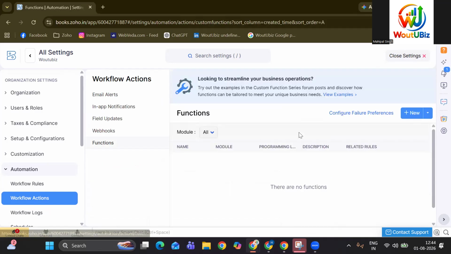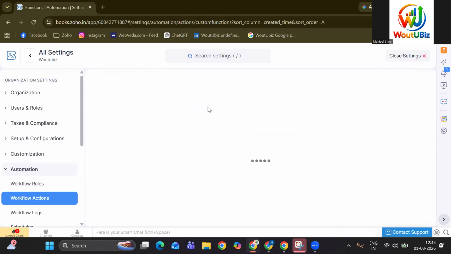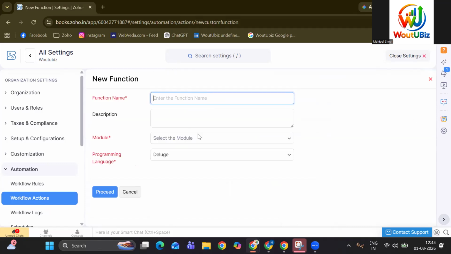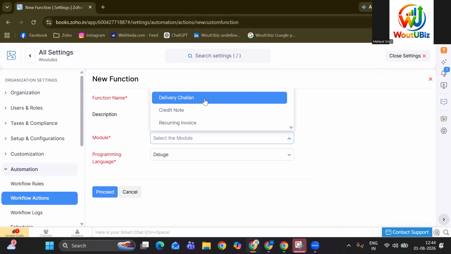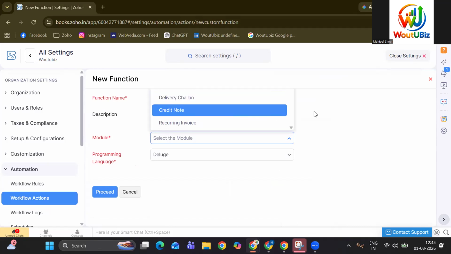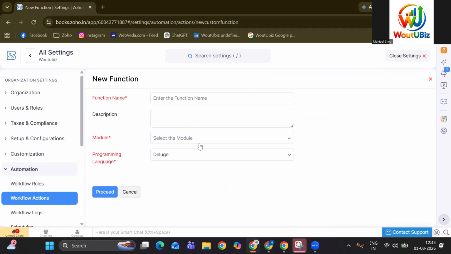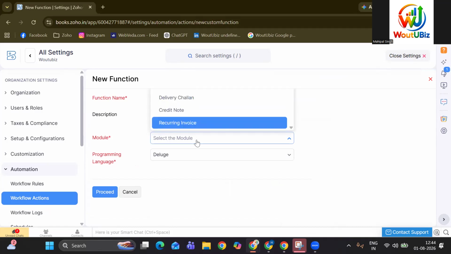Next, we have an option called function. What does function mean? It is used to write custom code to automate a task. In Zoho Books, all the modules are already there, but if you need one specific function for your business purpose, you can click on plus new and enter the function name and the module you want, such as delivery challan, credit note, invoice, quotation, and so on.